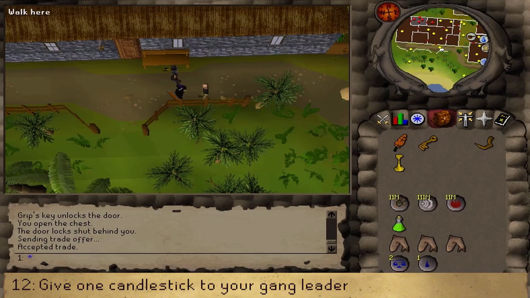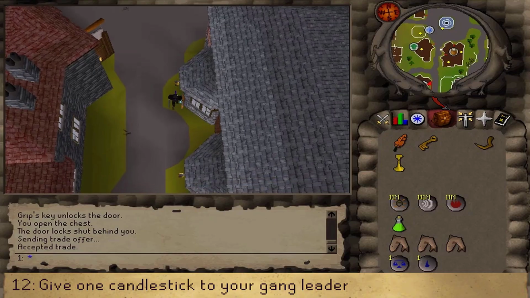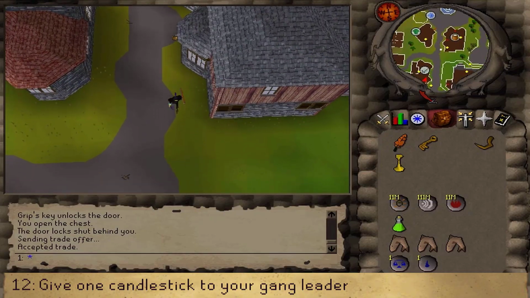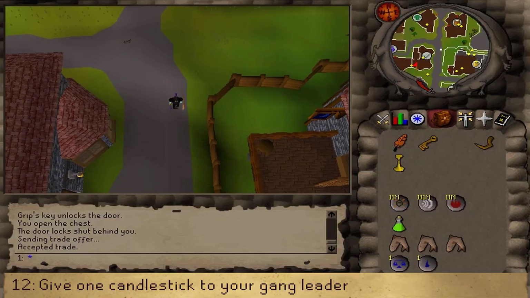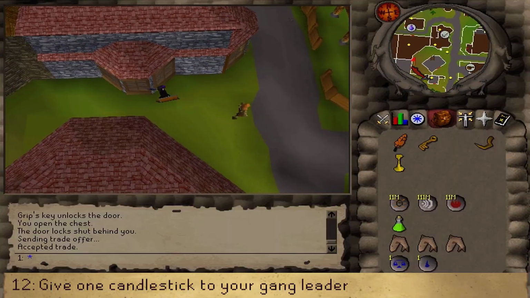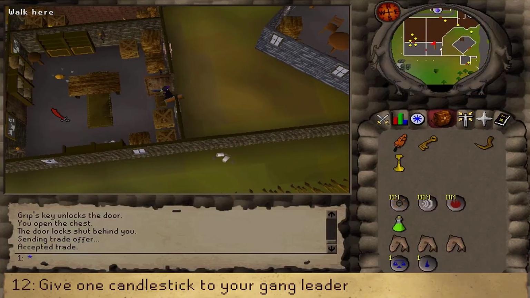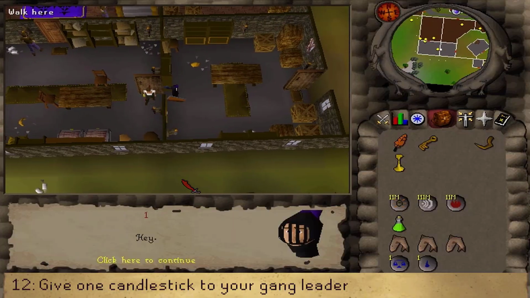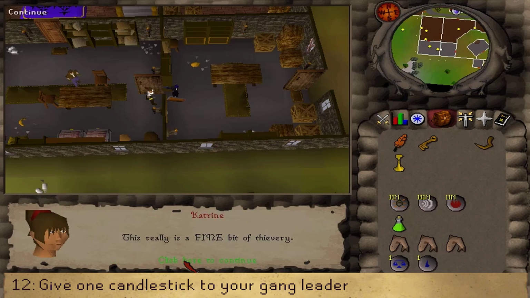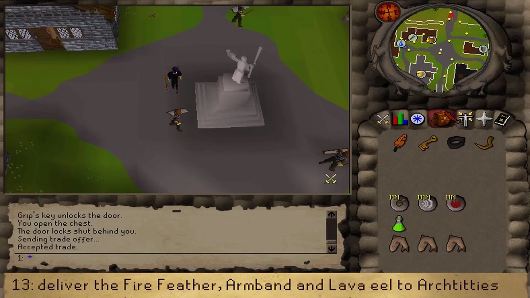When you have done so, both of you can now teleport to Varrock, deliver these either to Straven or Katrine to trade this for the Master Thief's Armband. And with the Master Thief's Armband, that was the final item that we needed to be able to complete the Hero's Quest. Let's teleport to Falador, make our way to the Heroes Guild entrance, maybe grab the Fire Feather from